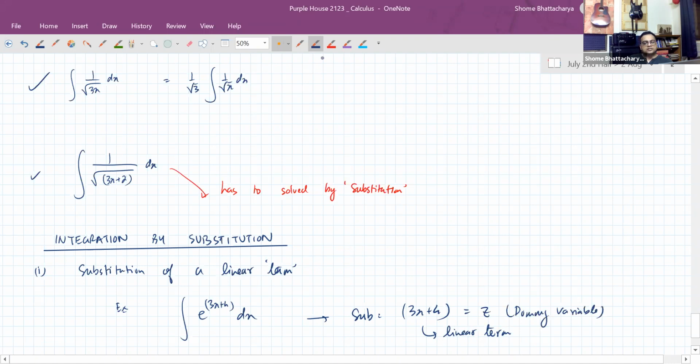I'll explain the solving later. So here also, for example, in this above one also, I'll have to substitute 3x plus 2 as a